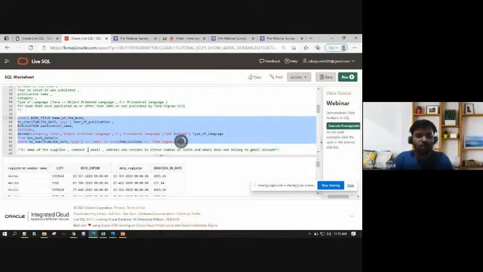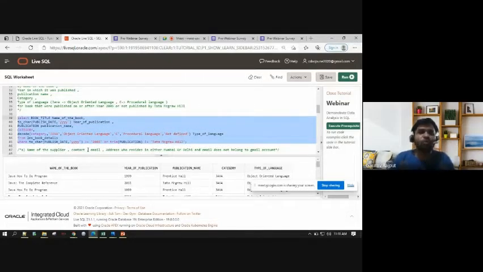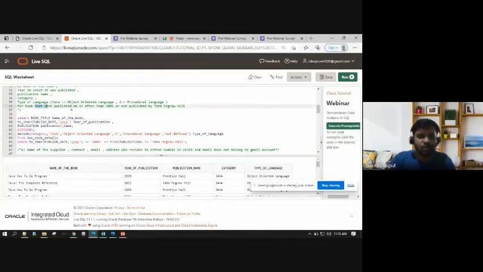don't worry about the syntax. I'm just trying to explain how to approach the problem. I see what the source is. That's the first step. Then I see, do I need a filter on something? If yes, then I use a where clause. And then I'm trying to do a project operation, right? I'm trying to say, what do I need? And if it's not present directly, how do I get that? That's how I derive it.